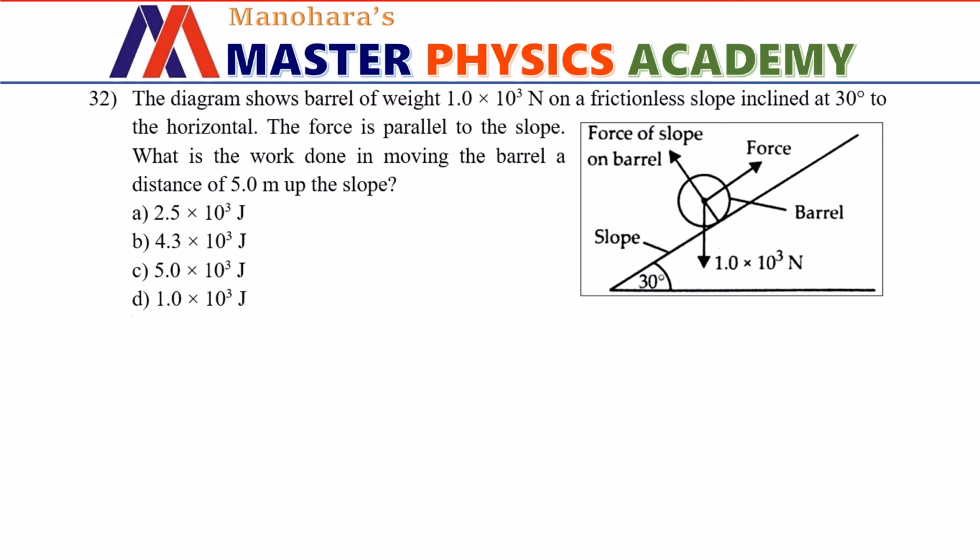Actually, this question is easier than it appears. There is no frictional force, that is one happiest thing I can say. So we are pulling this body, and there won't be any rotation at all because there is no frictional force here. Hence, it will be just sliding. Don't think it will be linked to rotational motion of that barrel.